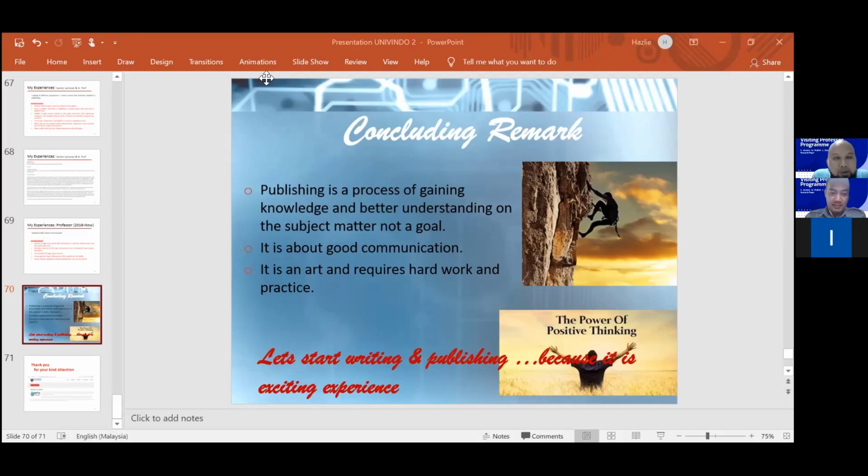Usually, some journals ask us to prepare a letter to the chief editor to explain what the contribution is. But when it comes to the reviewer, we don't get that letter. What we review is based on the paper itself. The letter goes to the chief editor. We don't see the letter, but we see the paper.